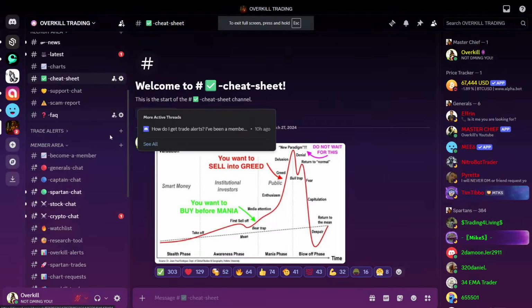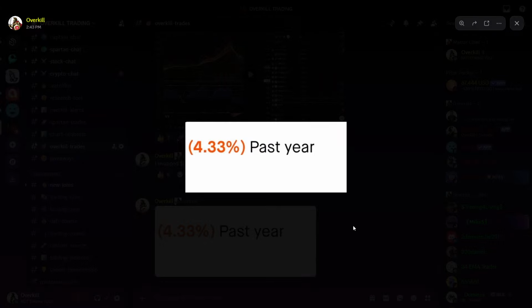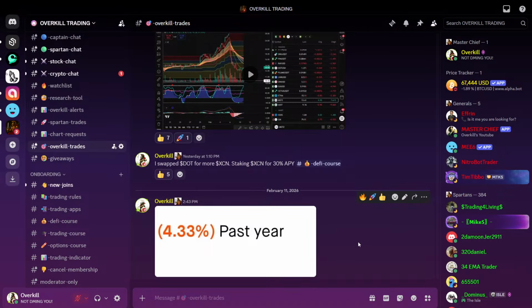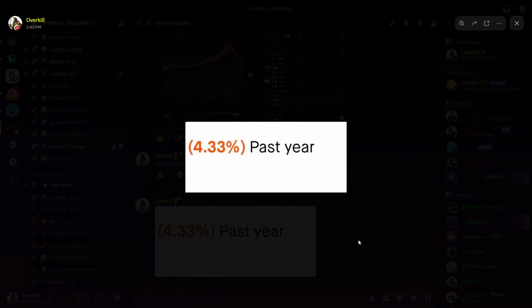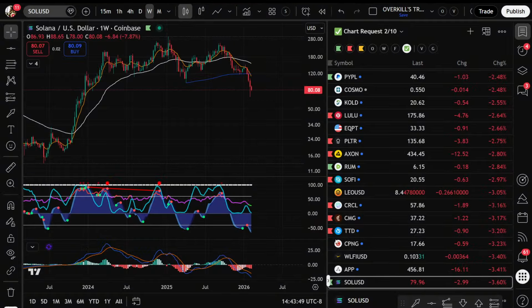Maybe I'm crazy. I just posted it. Here you go. 4% over the past year. That's on my Robinhood account. I don't know about the other ones. I'm not going to add. I have like 4 different wallets. So I would say, probably at the most, around 10% down, which is, in my opinion, pretty damn good